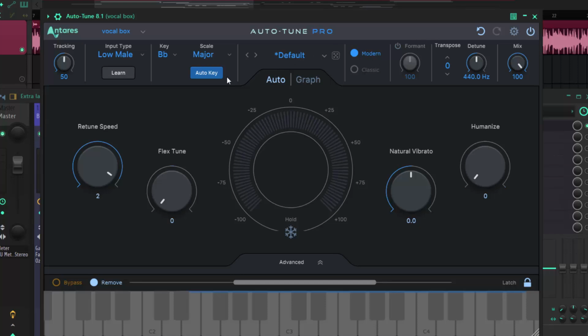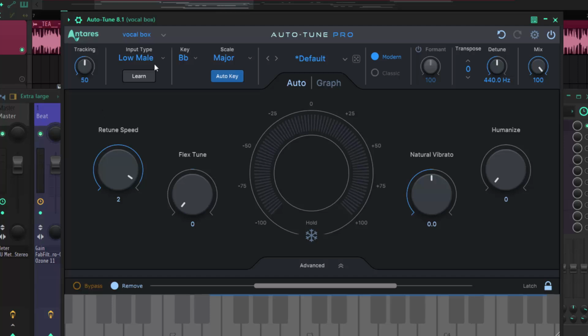So as you can see, my vocal is B major, and then I selected B major from my key type here, which is B, and then my scale was major, and then I have to set my input type to low Mi. I believe everybody who has been following me should know how to use the auto-tune by now. So my return speed was about 2, and I didn't touch anything apart from that. That was the only thing I did concerning that. So let's listen with the auto-tune and see how it sounds.